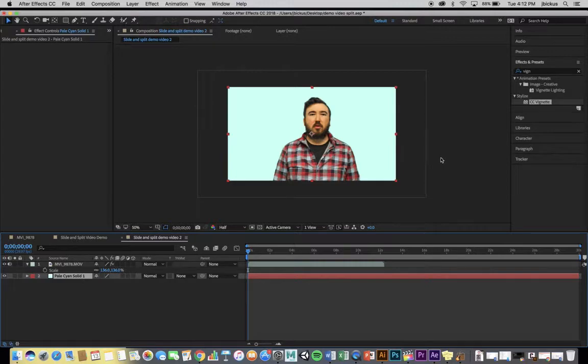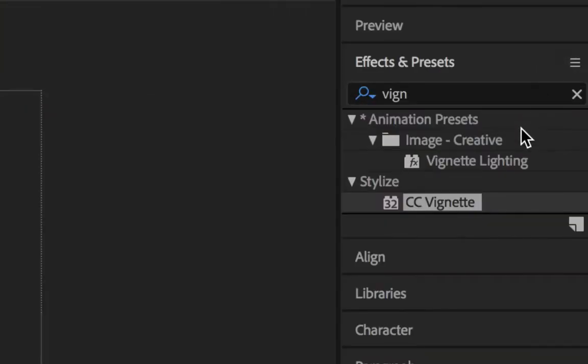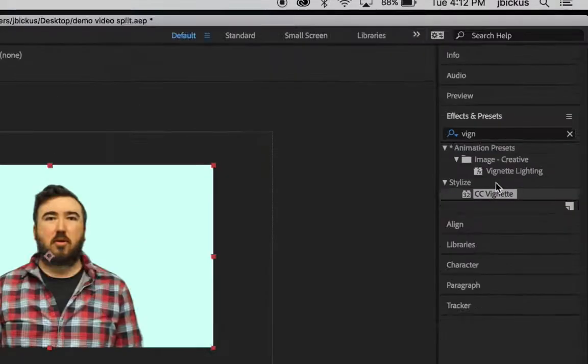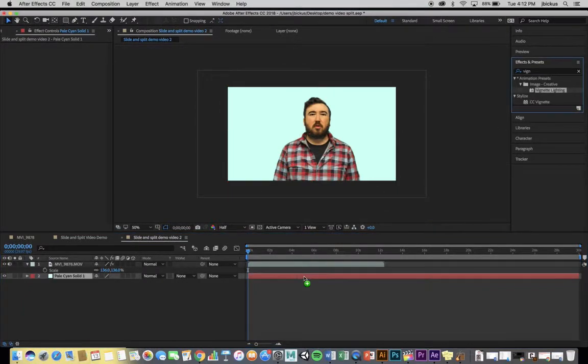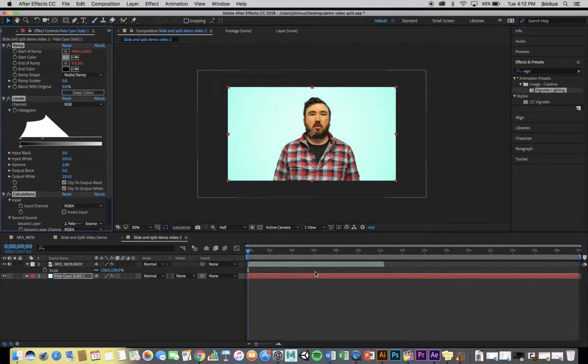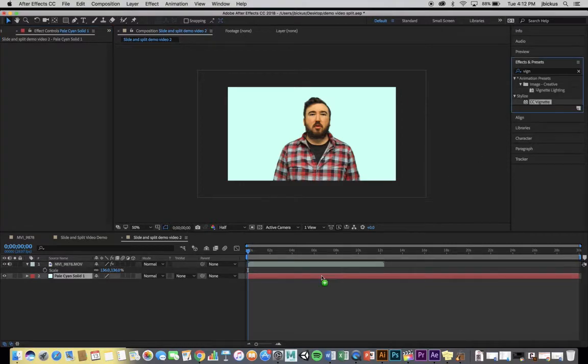Now on my background color, I'm going to look up a vignette in my effects and presets. So let's go ahead and try. I'm going to go with a CC Vignette here. Drop that directly on. See, it just gives me like a nice little